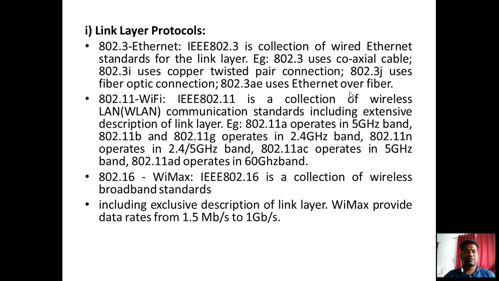These operate on the 2.4 gigahertz band, and others operate on the 5 gigahertz band. So different models have different operating frequency bands. And the third one is